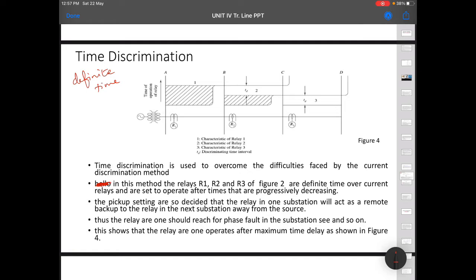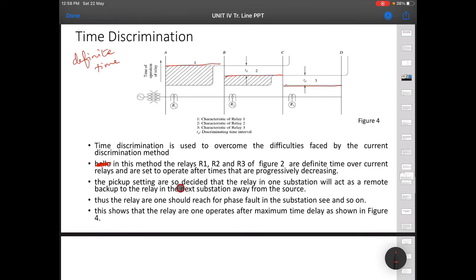In this method, the relays R1, R2, R3 are definite time overcurrent relays and are set to operate after times that are progressively decreasing. So here it is set for this much time to operate, here this much time, and here this much time. Again the same as current.